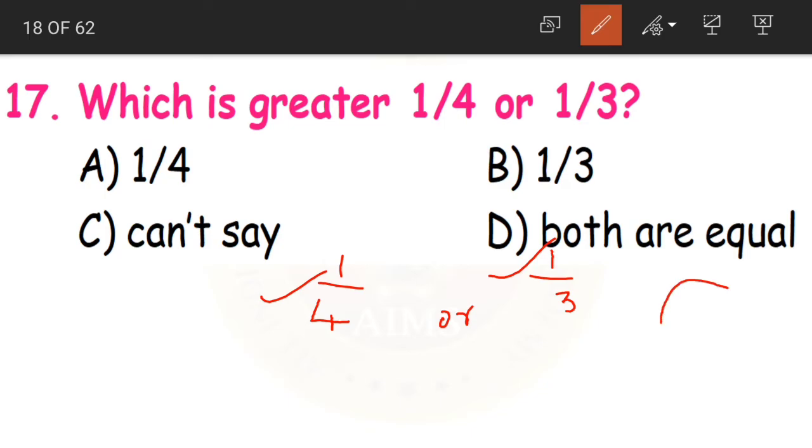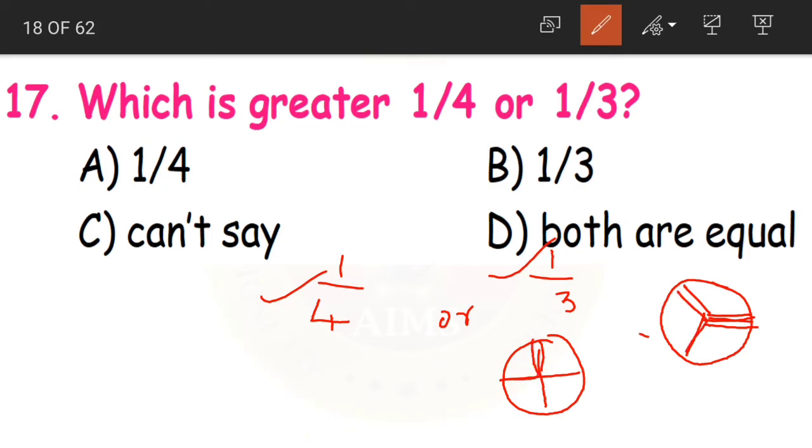Okay, see, if I am dividing the circle into 3 equal parts. Sorry, these are not equal, are they? No. Okay. Let us assume that these are 3 equal parts. And again if I divide the same circle into 4 equal parts, now which is the bigger part here? Tell me. Is this the bigger one or this the bigger one? 1 by 3 is the bigger part. Yes. So, the less we divide, the greater it will be.